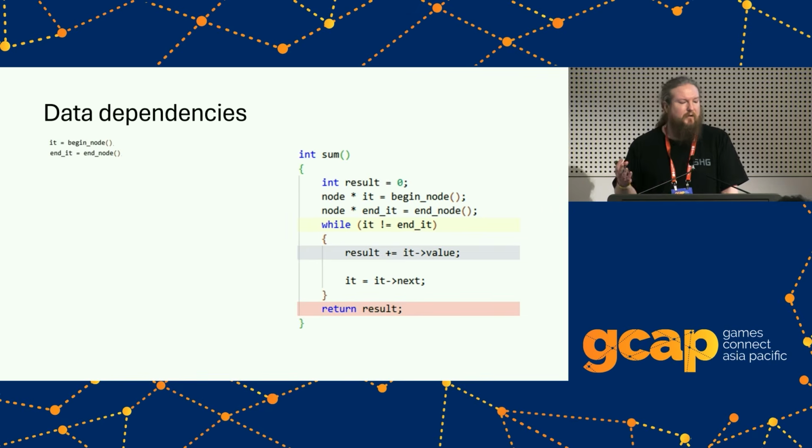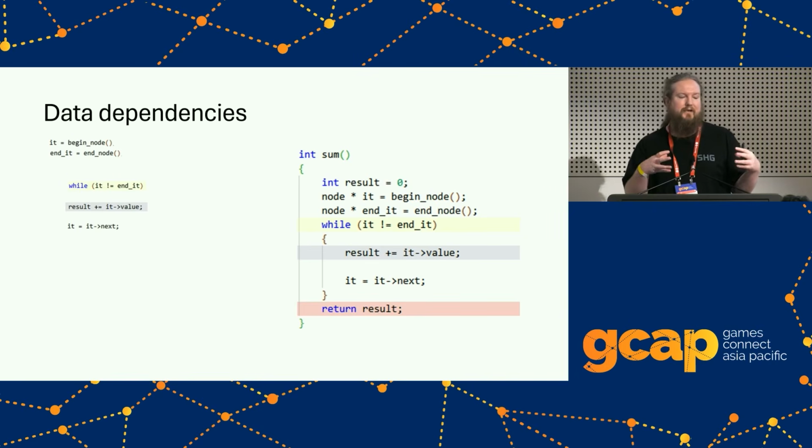So first off, we've got the begin and end pointer that we're using, and the begin pointer we're storing in an iterator because we're going to keep changing it. And the first iteration of it, we're going to look at the CPU and how it takes it. So the CPU is going to read in blocks of instructions. It won't necessarily start executing all of that. It's not going to finish each of these in order.